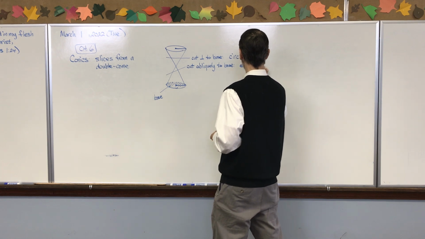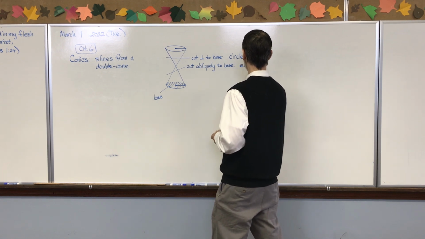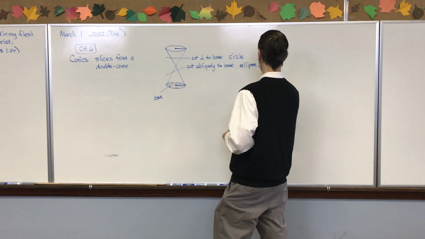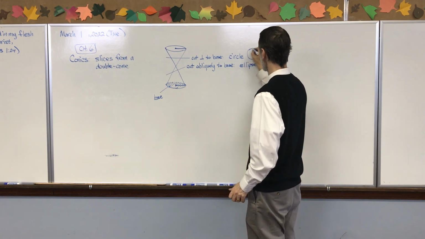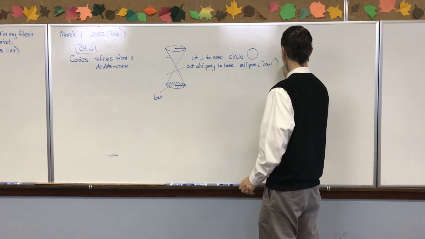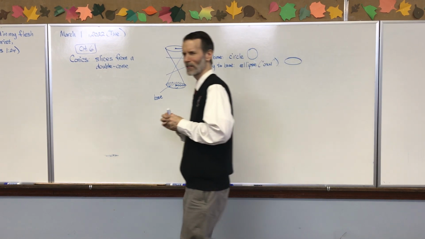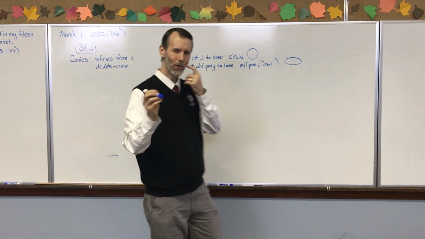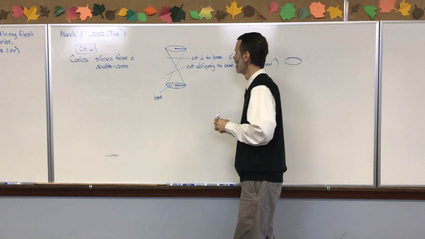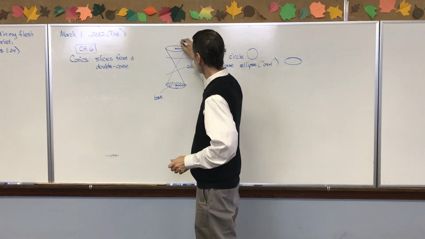Which is sometimes called an oval. So a circle is going to look like this. An oval is going to look like this. Understand? There are two more types of cut I need to make. The third is if I cut